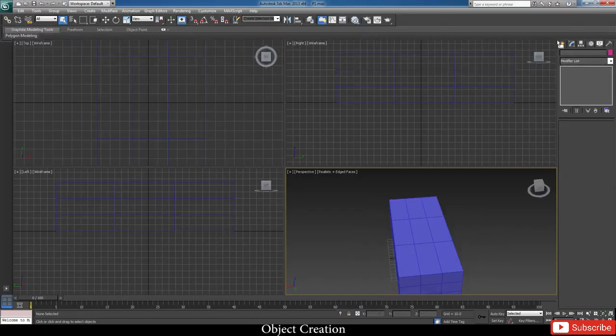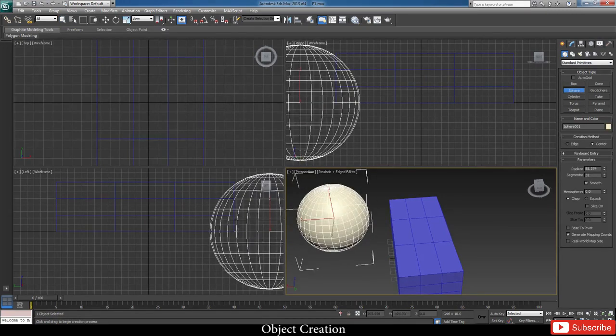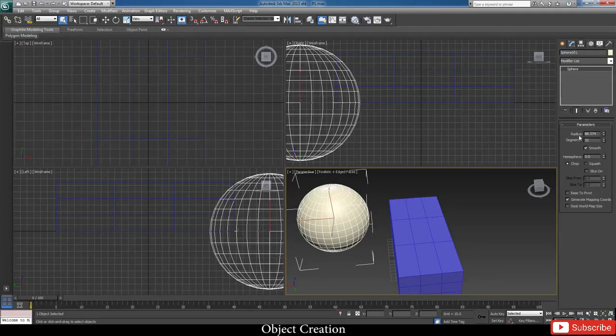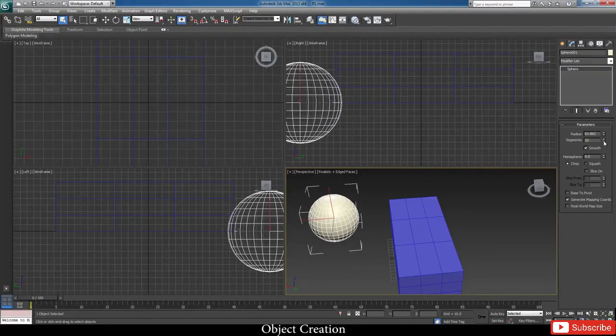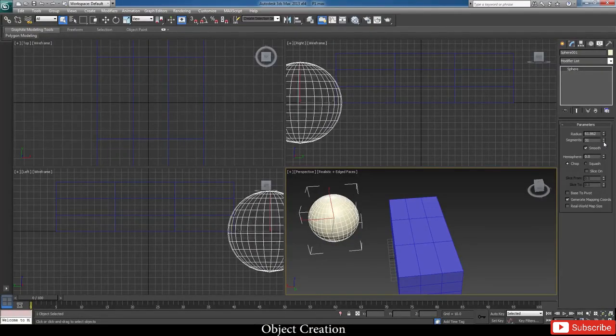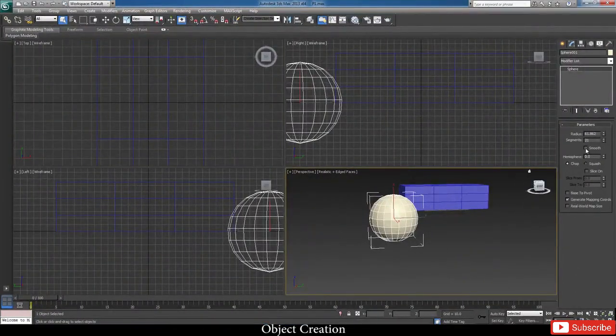So let's just create another object. Go to create panel, go to sphere. Now you see there are so many small boxes here. The more the number of these boxes, the slower it gets to output. So what we do is go to our modify panel. You see the radius. Now you can increase, decrease it as you require. These are the segments. So you can reduce the number of segments. Now this is the smooth checkbox, where the edge gets a slight smooth look.